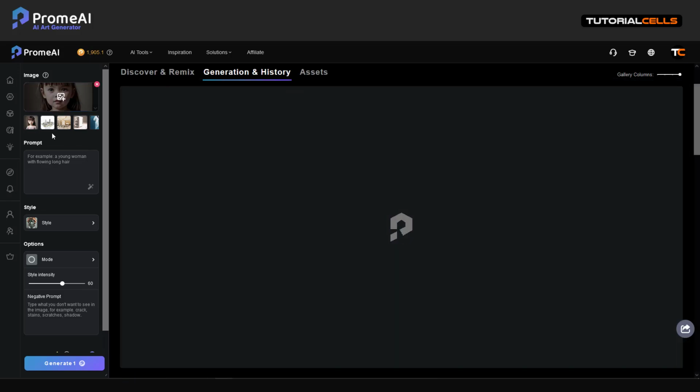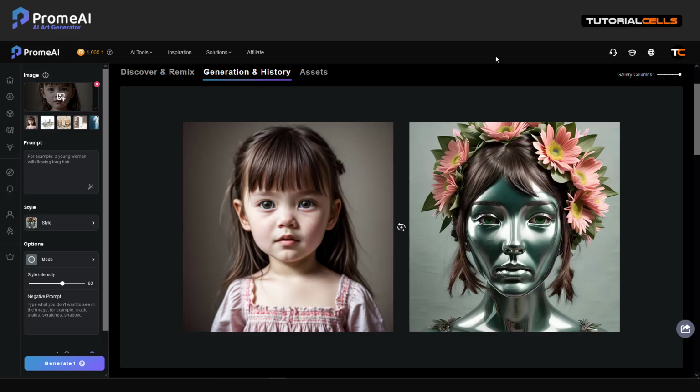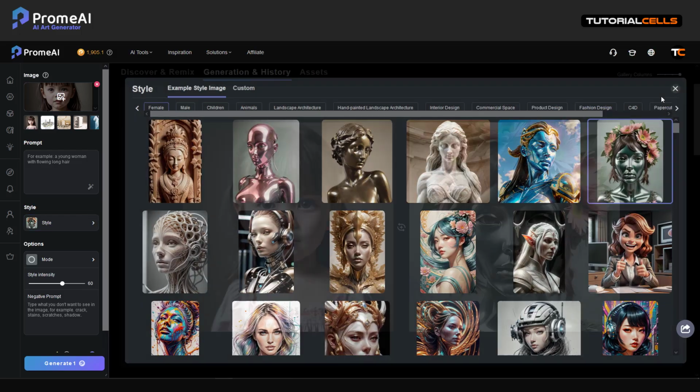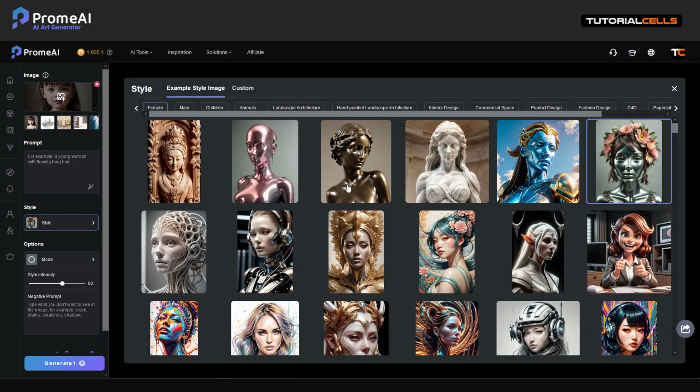For example, I use this girl, and now this is your basic image and this is your style. If you hover the mouse over that, you can select your style directly from here or from here. It's not different, if you select it, it opens again. If you want to convert this style, for example, metallic